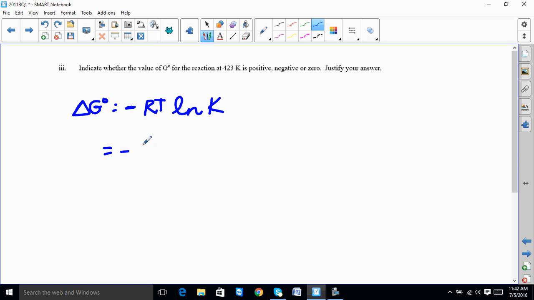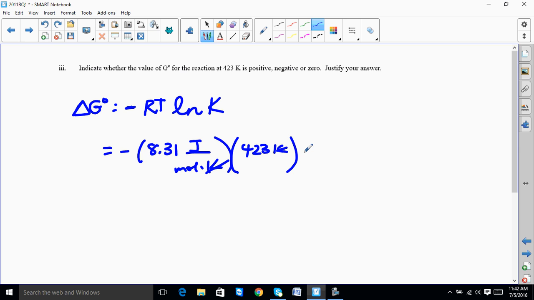Well, R is 8.31 joules per mole K. It might actually be 8.314. I guess I don't remember right now how many sig figs they keep. This is 423 K. And then we have the ln of 0.0012. And if you put that all in your calculator, and by the way, in the old test you didn't get a calculator on these questions, but on the new test you do. So if you do negative 8.31 times 423 times the ln of 0.0012, the answer comes out to be